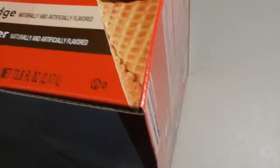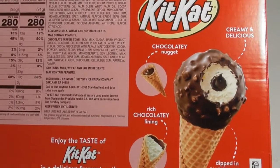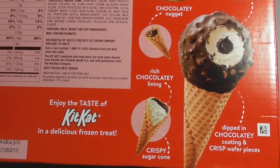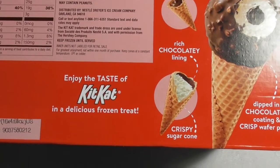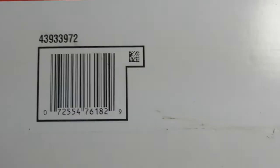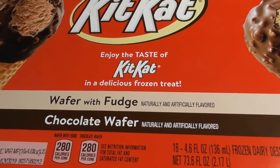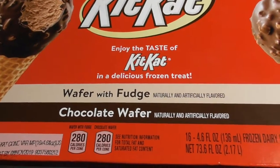Is there an item number on here? There's got to be an item number somewhere. Probably an item number on the bottom. We're going to find it in a minute. Okay, so I don't see an item number. Maybe you see it. Maybe this is the item number over here. Let's go find out. Let's check the receipt. Item number 1317333. So there is no item number on the package, which tells me that